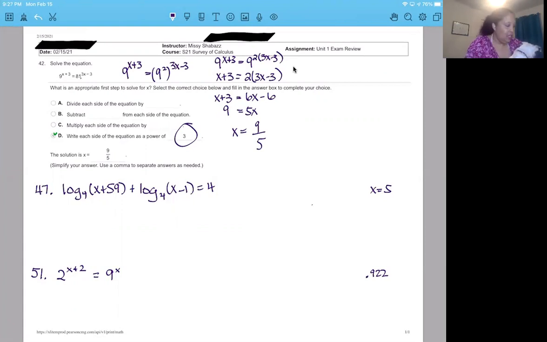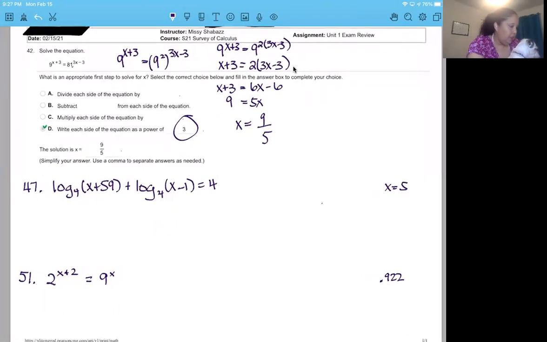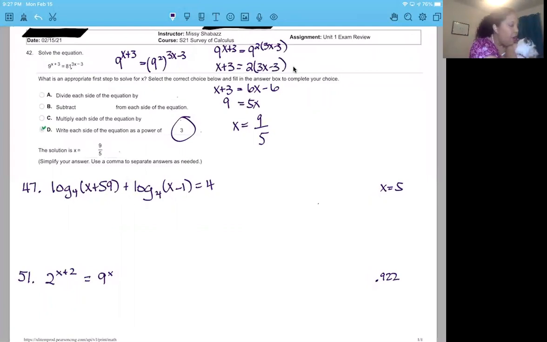All right, next question. This is 47, and it's to solve for x: log base 4 of x plus 59 plus log base 4 of x minus 1. All right, now I have to combine the logs on the left side, and the way that I can combine, since they're being added, is to write it as multiplication. So x plus 59 times x minus 1